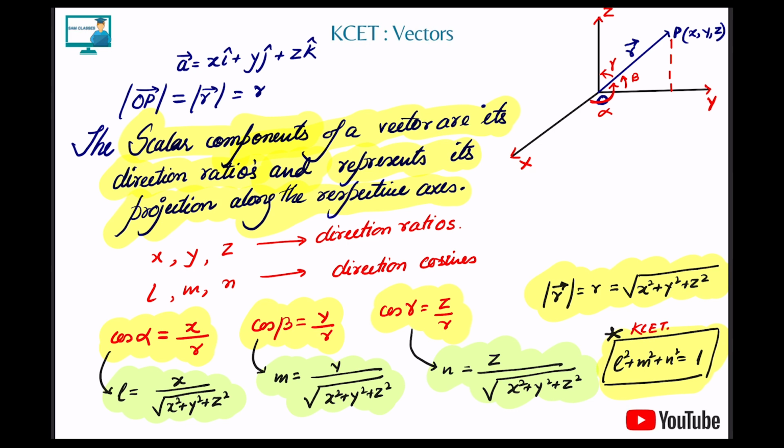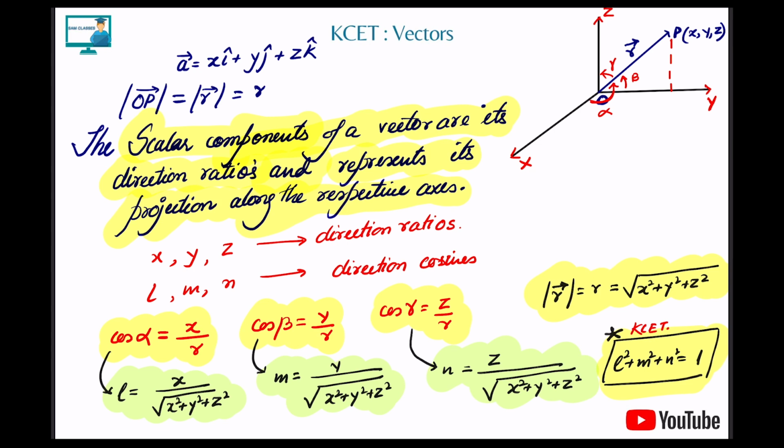Whenever they give you a vector, don't go in a complicated way. Let's say I have a vector A equal to 2i plus 3j plus 4k. What is the direction ratio? Directly you can write the direction ratio is 2, 3, 4. That's it. Clear? What about the direction cosine? Once you know the direction ratio, the very easy way is to divide by the magnitude. We'll show it in the later section.